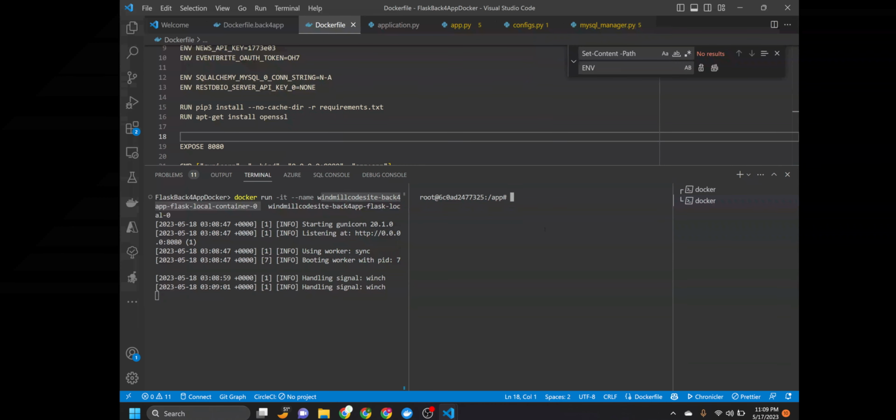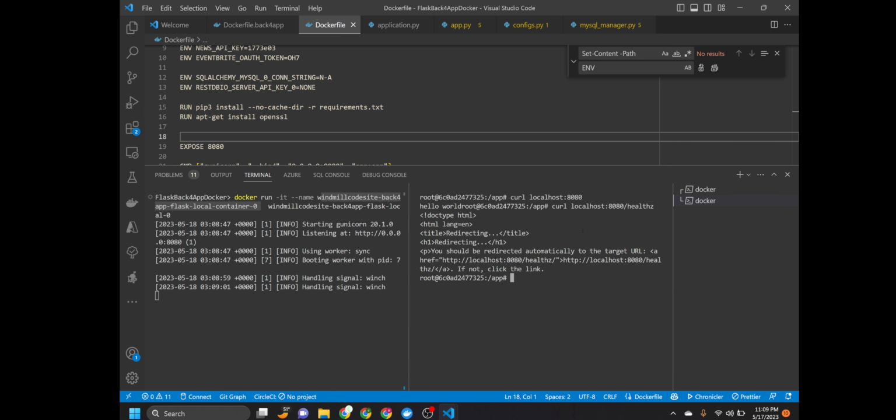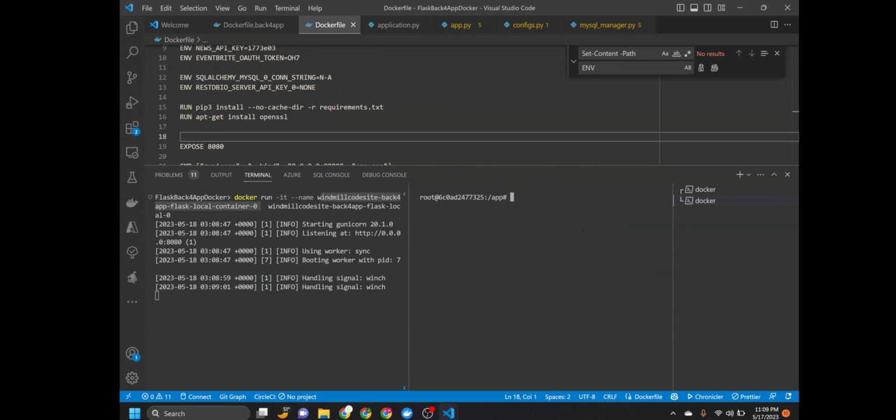Right, so now if I just do curl on 8080, yep, I get hello world. Okay, so it's complaining that there's no SSL certificate. Then the health endpoint, and there are my values. Alright, one more time, and there are my values. Yeah, alright, so that's how to